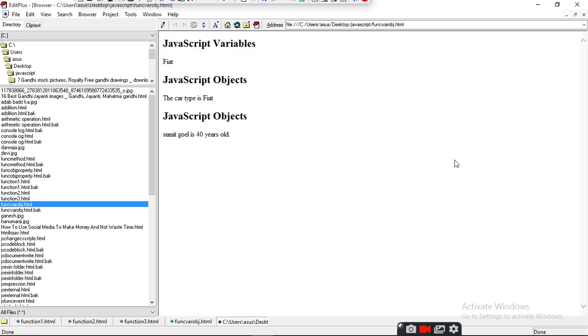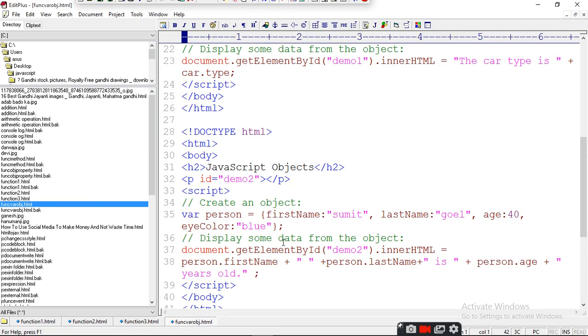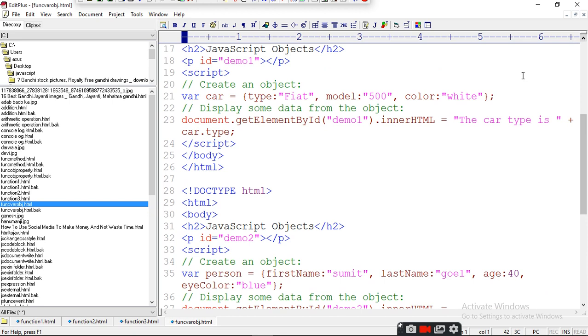So run it. In the first it is giving Fiat, I have written car type is Fiat. Just see, the car type is Fiat.